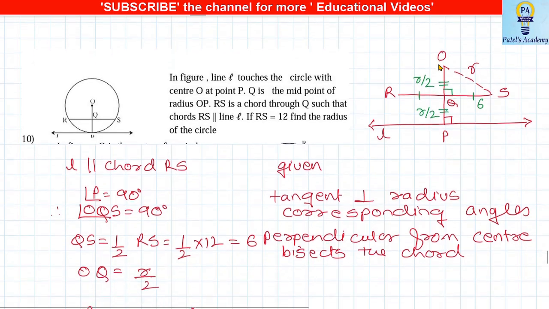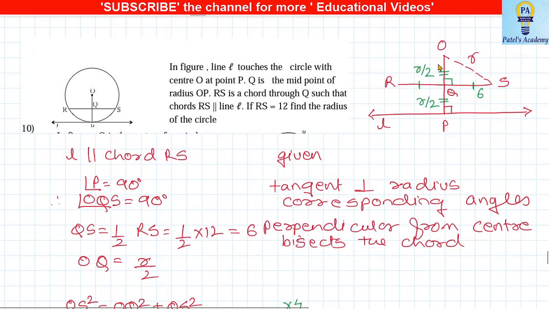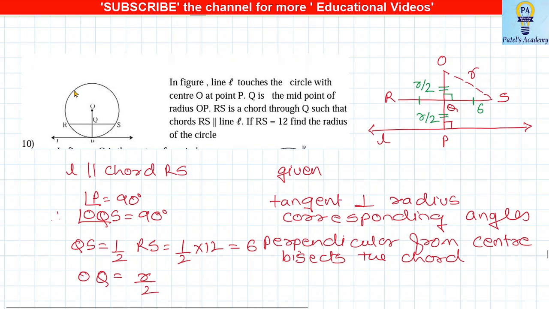Students, the next sum is again important, a slightly big sum. I want you to understand this very properly. Okay, so they have given the figure, and what I've done is the part of the figure on the right hand side. Okay, in the question they have given that chord RS is parallel to tangent. So if chord is parallel to tangent, can I say that angle Q is also 90 degree? Right, I'm talking about this step where I'm putting a green arrow.